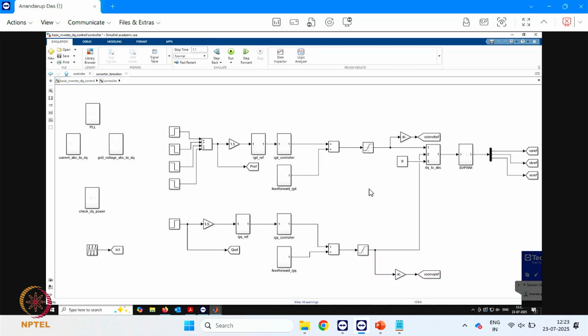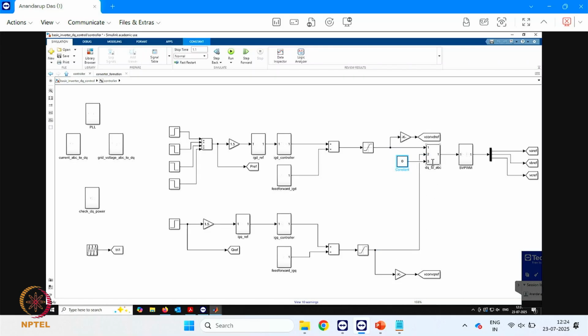Again, this is an overkill, but I have inserted one more saturator. I was just making sure that the outputs of these quantities do not cause over modulation. So I kept it inside the upper and lower limits. There is no harm in putting this saturator block additionally. So here there is this VD star, and here comes the VQ star, and the V0 is 0, and so